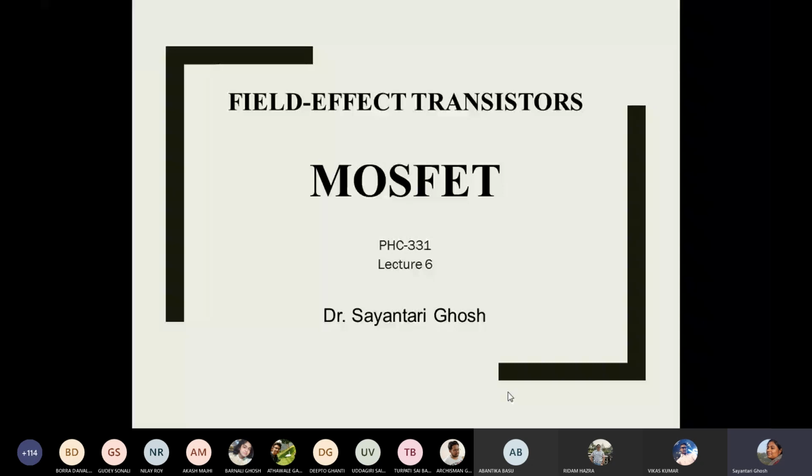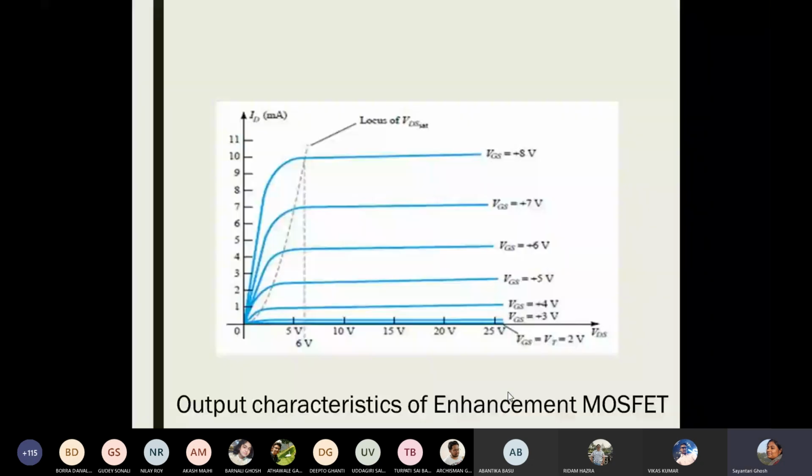Okay, so let us start from the same point where we left off, that is the output characteristics of enhancement MOSFETs. And here the most interesting part that we saw was how there was no channel, and